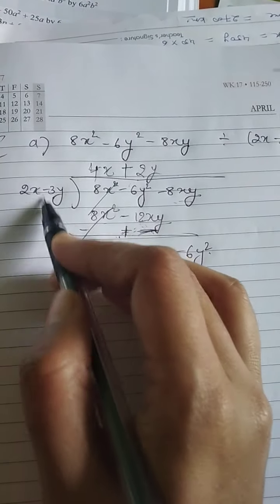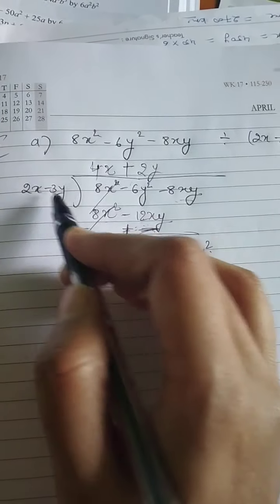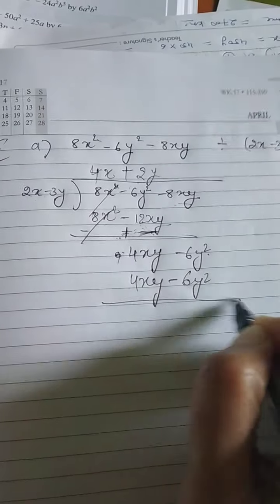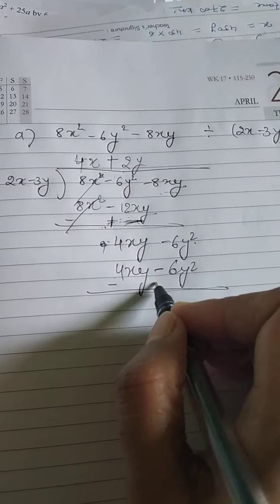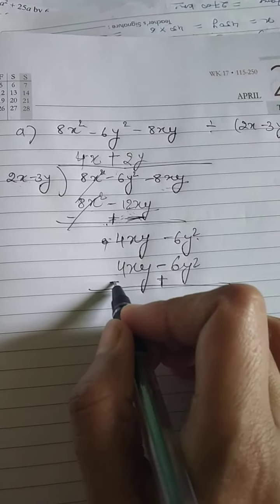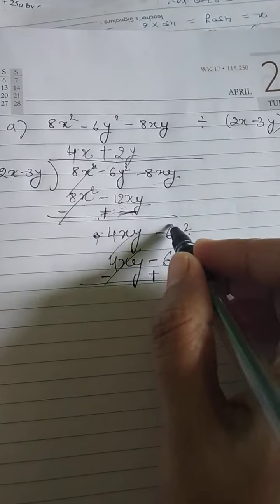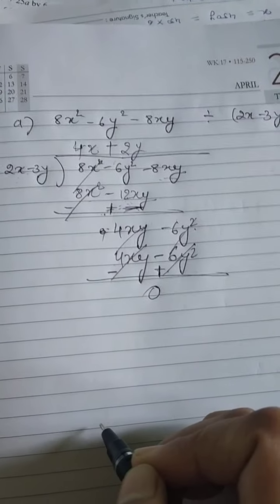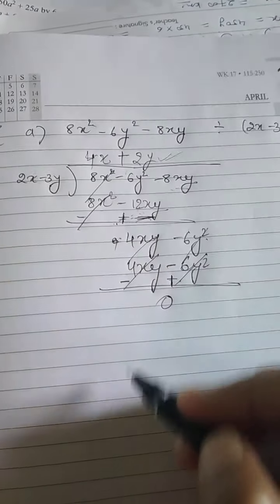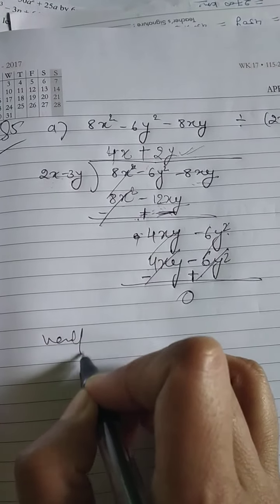Plus, plus, plus on. Minus plus, again we will multiply this with this. Minus plus minus 3 2s are 6y square. Now you have to change its sign. This will become plus, this will become minus. Plus minus cancel. We will get 0. This is the answer. Now how to verify it?